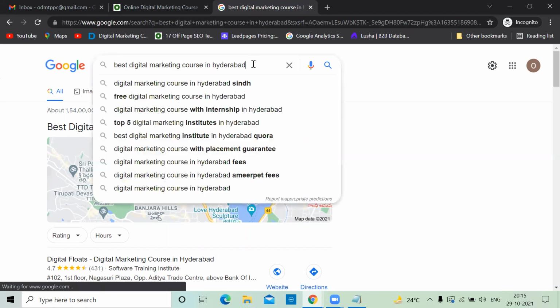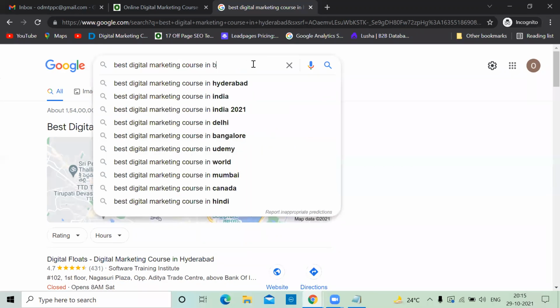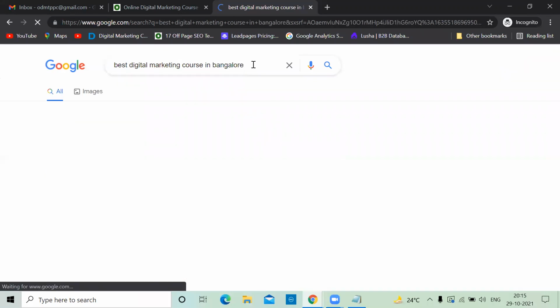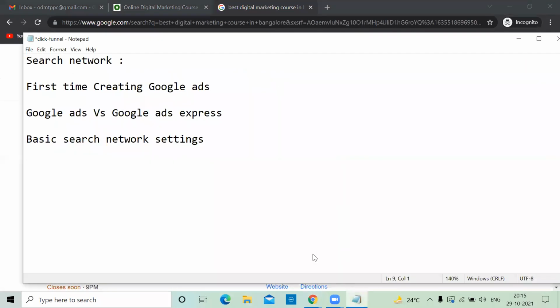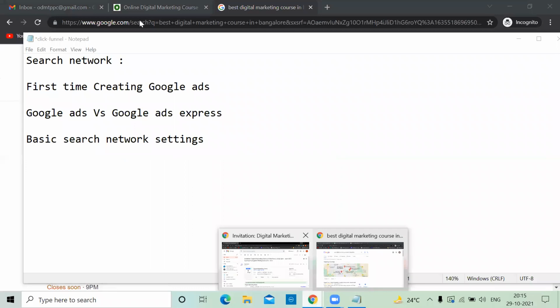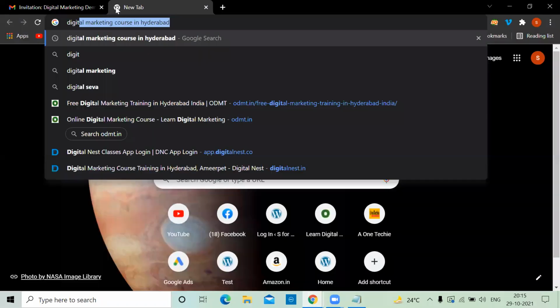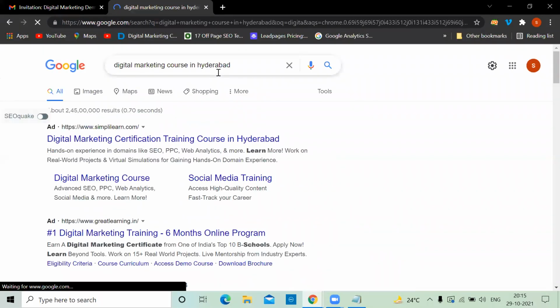Let me type something else. Okay, let me search here. See here, I searched digital marketing course in Hyderabad and an ad is appearing. So this is called search network. Someone searches and an ad is appearing, that is called search.